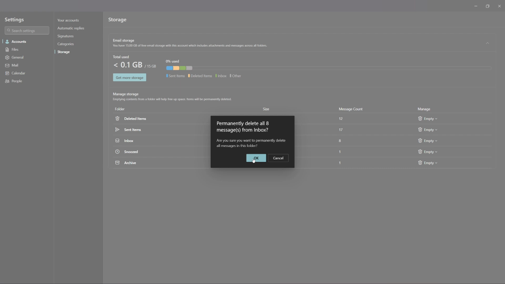If you use an Exchange or Microsoft 365 account, the size you see here relates to your server quota, which can affect whether new mail arrives. If you work with a personal data file,